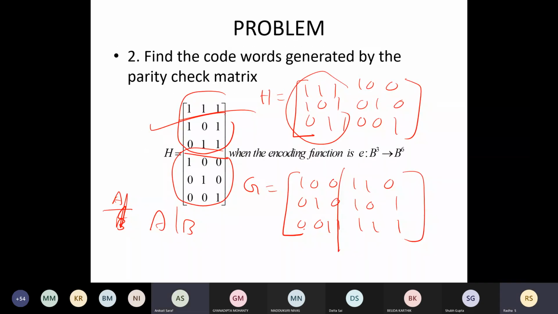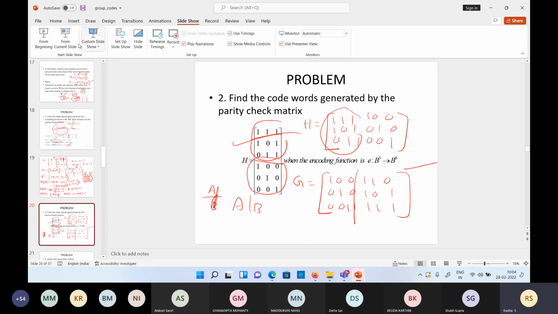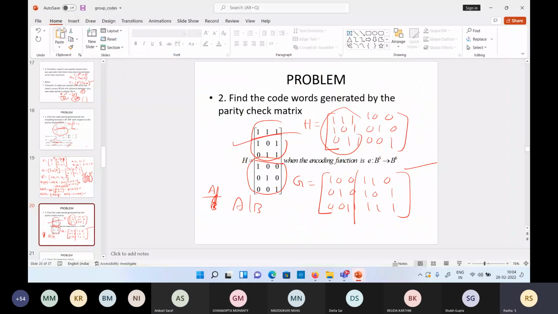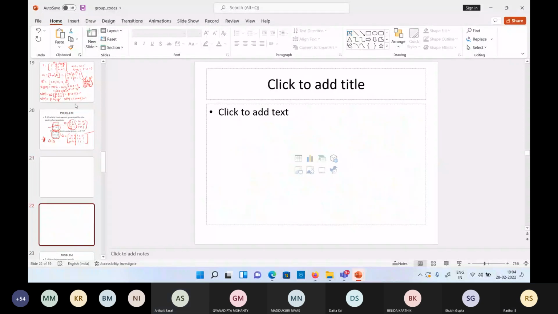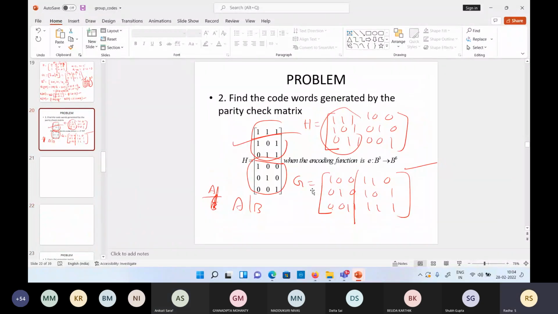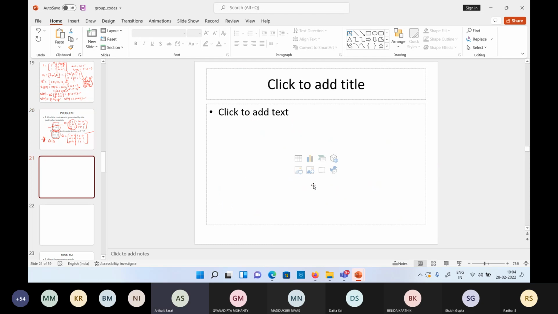After this, can you find the code words now? You know G. Take some time, 2 minutes. Generator matrix you will take down. Can you say the function is from where to where? From B cube to B6, correct.